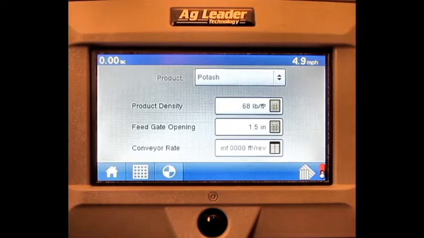We have now covered how to adjust the feed gate height on a DirectCommand Granular spinner spreader on the Ag